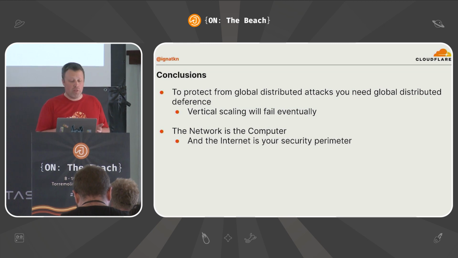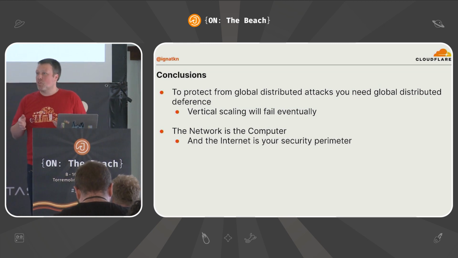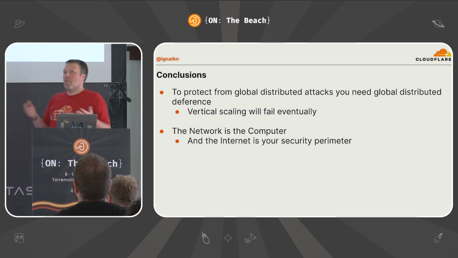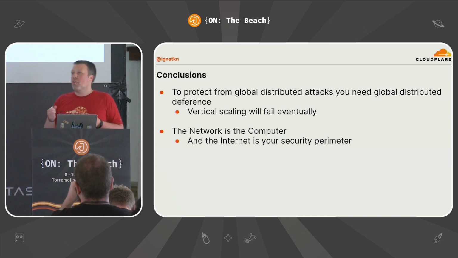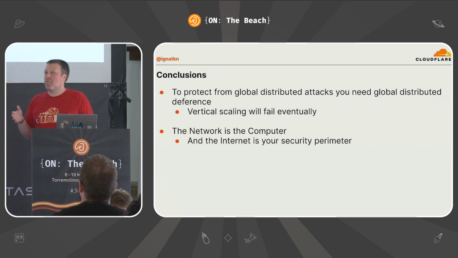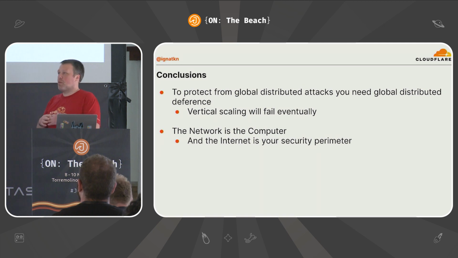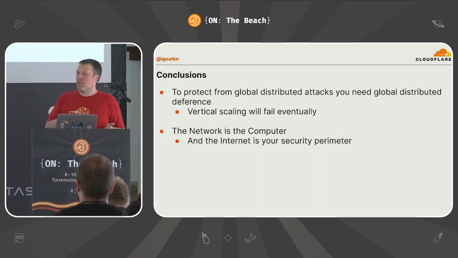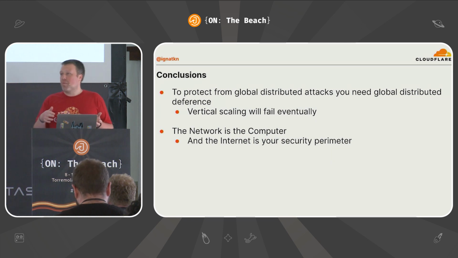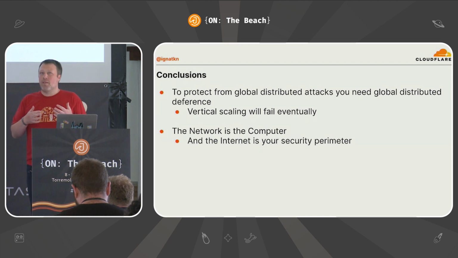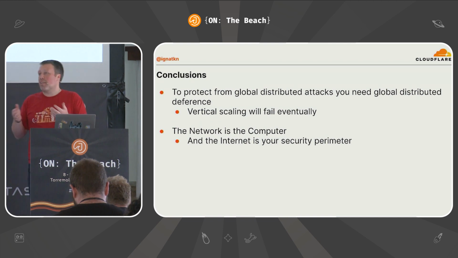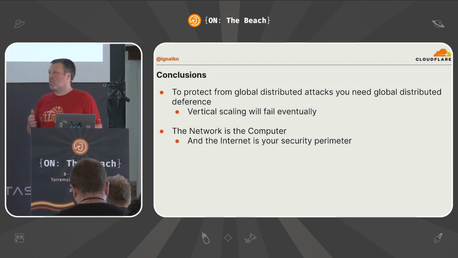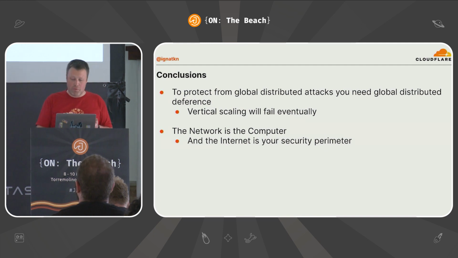The network is a computer, and now in modern times, the internet is your security perimeter with modern technologies, remote work, and applications running on public cloud. You cannot use regular network-based security perimeter approaches like allow-listing particular IP addresses or something else. Every application needs to adhere to the modern world of zero trust architecture, where it can connect from anywhere, and you have to have secure cryptographic credentials to actually allow it.